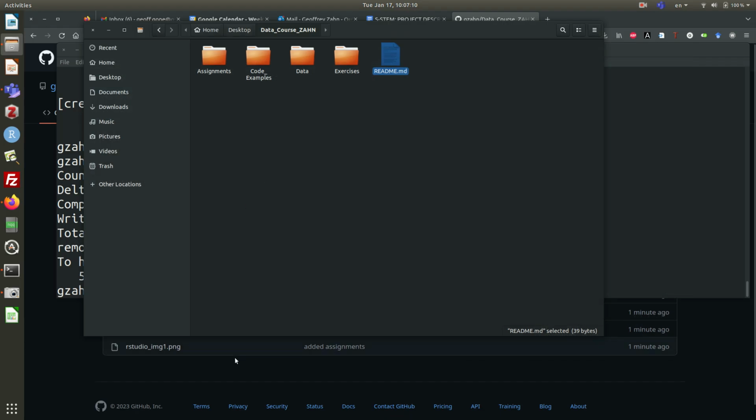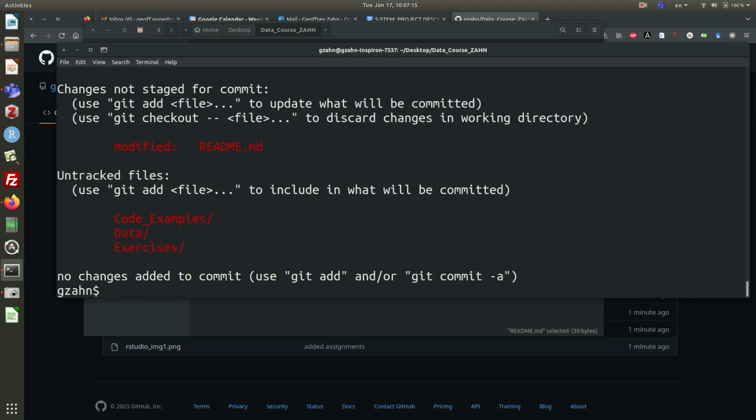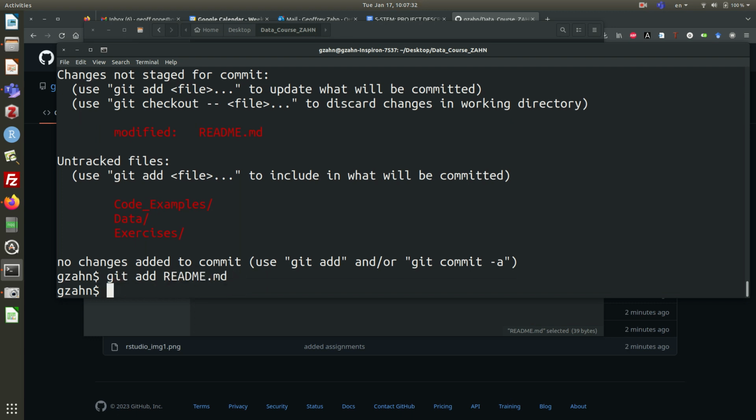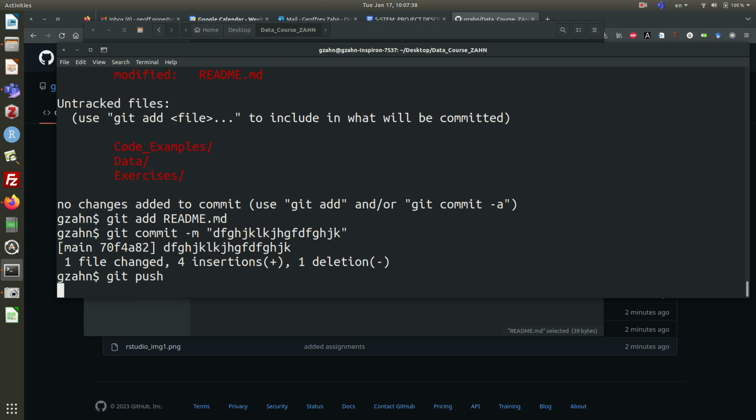Now when I say git status, what's new? Modified. README.md has had a saved change in it. Perfect, so that's 1 of my 10, almost done. I say git add README, git commit, some message, git push,